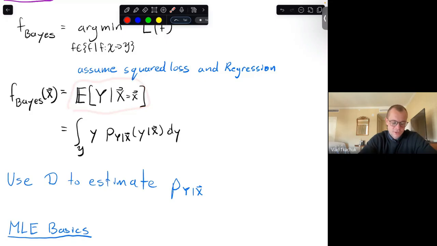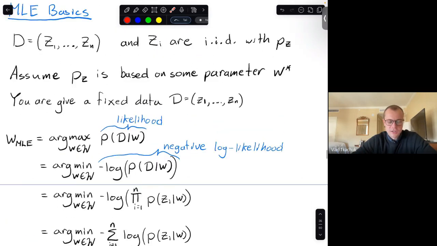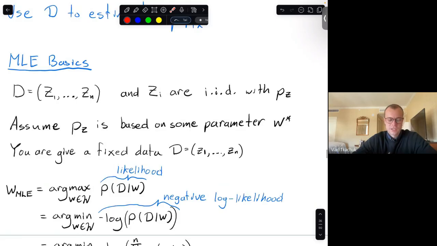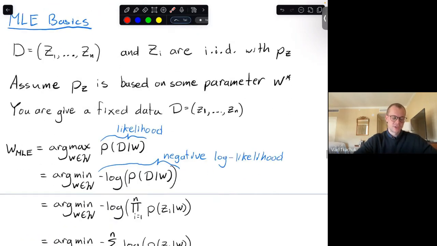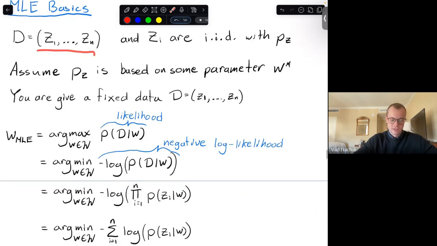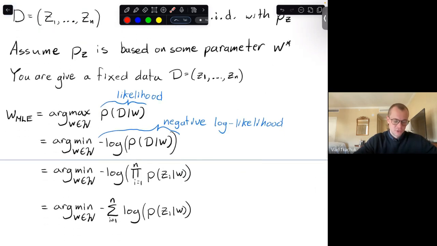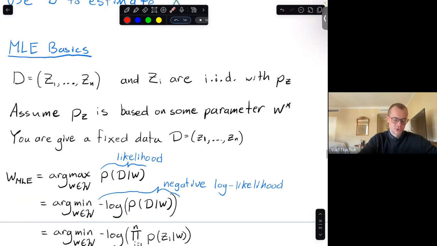And then you look at it and you're like, oh, I just need to know this conditional PMF or PDF here, and I'll be done. So MLE is just a procedure to calculate this, let's say a PMF or a PDF. And the idea is just, you have data, you write out this thing called a likelihood, which is the probability of that data under some distribution, and you